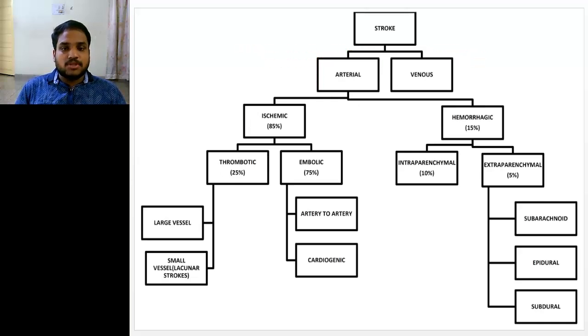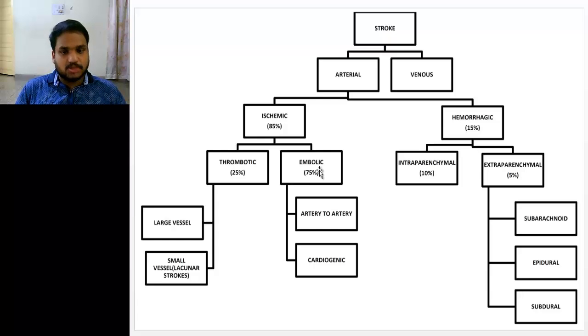Now we will come to the classification of stroke. Stroke can be classified into arterial as well as venous strokes. Arterial strokes can again be classified into two, that is ischemic as well as hemorrhagic strokes. Ischemic strokes account for about 85% of the arterial strokes, while hemorrhagic account for 15%. Now ischemic itself we can divide into two, thrombotic as well as embolic, among which the embolic is the common,